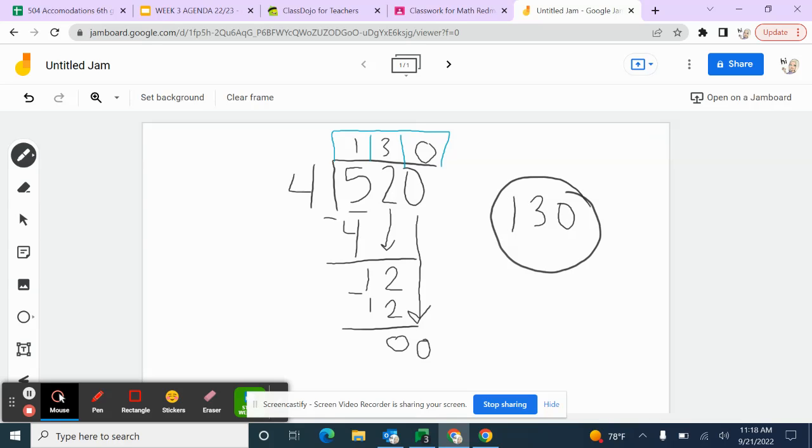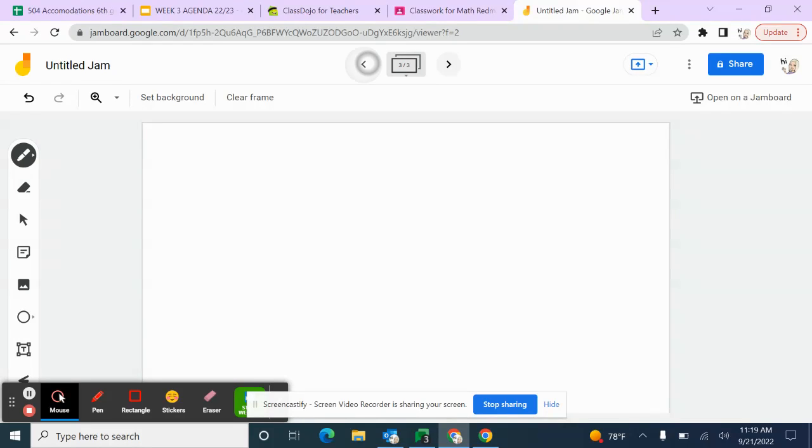So in this problem, there was no remainders, but the whole process is to take your numbers and decide if this number goes into it, figure out how many times, add that up into your quotient. You're going to subtract your product of that number 1 times 4 into this 4, and so forth and so on till the end. You may come across a problem where you might have a remainder. So, for example, you might have,